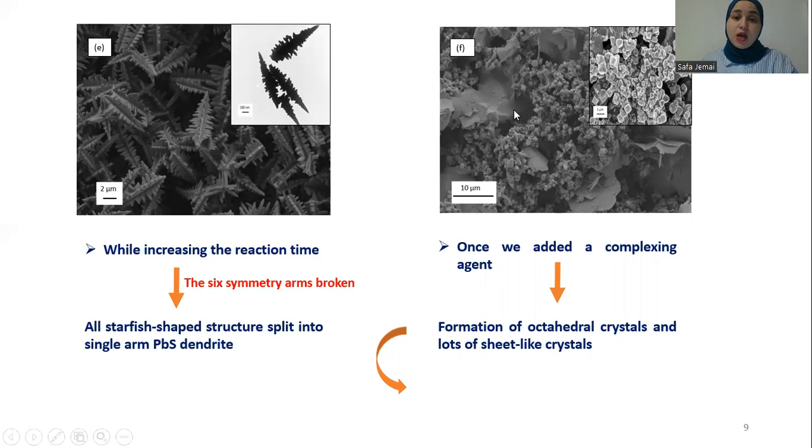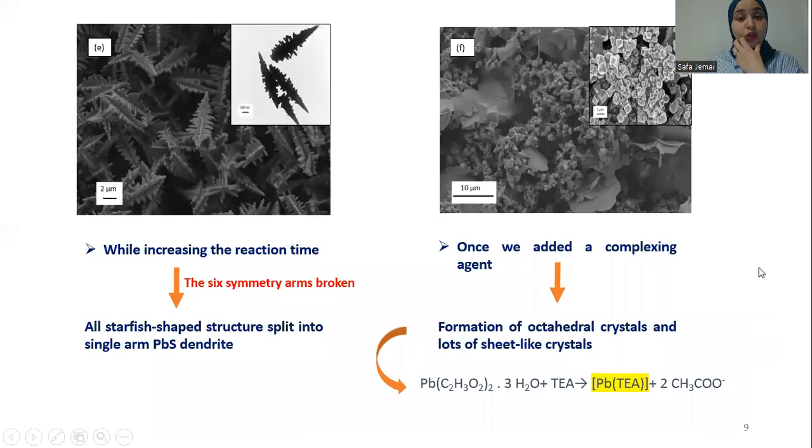In series C, once we added a complexing agent, this leads to the formation of octahedral crystals and lots of sheet-like crystals. This is due to the formation of a complex from the reaction between the complexing agent and the Pb2+,